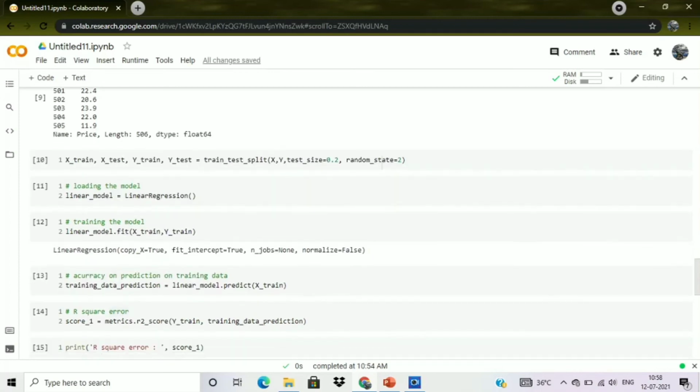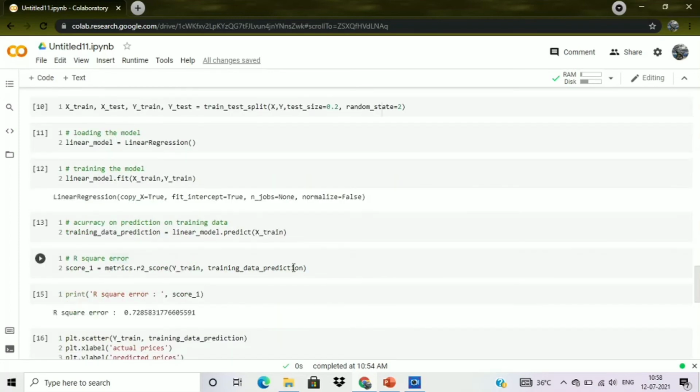So after that we are just predicting the accuracy score of our linear regression model. So we are just creating here another variable, training data prediction, and we will use the predict function to predict our accuracy on training data. So once we have done this, we are using the R squared error to calculate the error in our particular model.